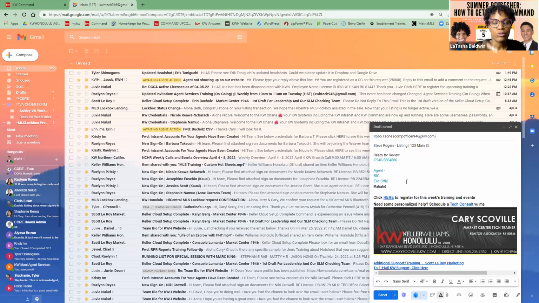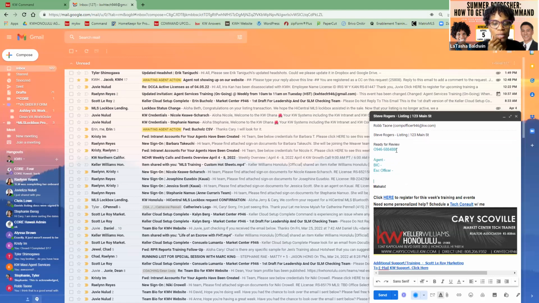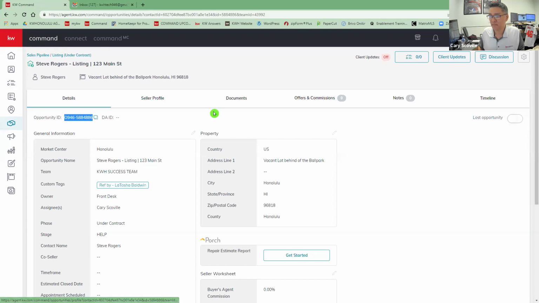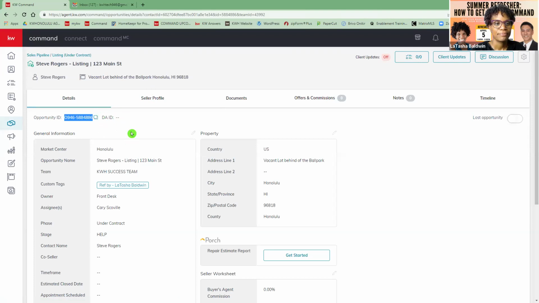Either Christy and or Shelby is going to put that in the back end, and I'll show you where you can see that DA number in case you ever need to reference that as well. And then once you have your agent BIC and your escrow ID number with your op ID, then you hit send. And so let's go back. And we are looking for, right there. There's your DA ID number.